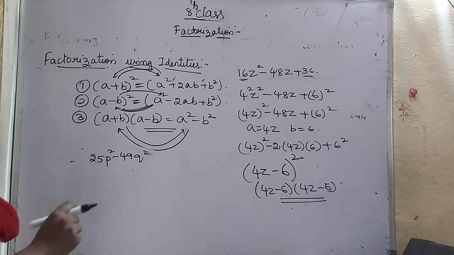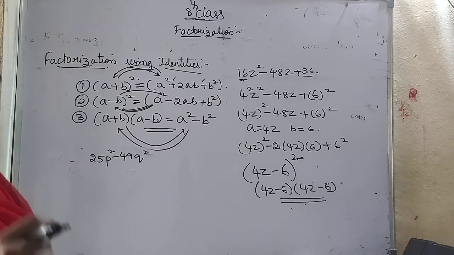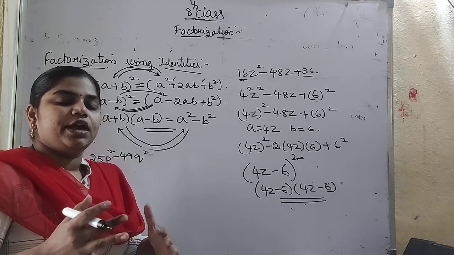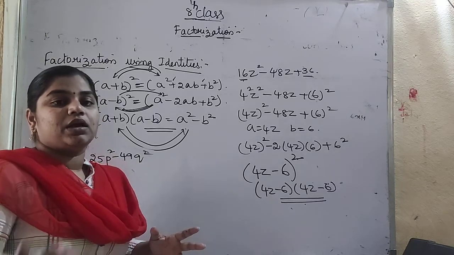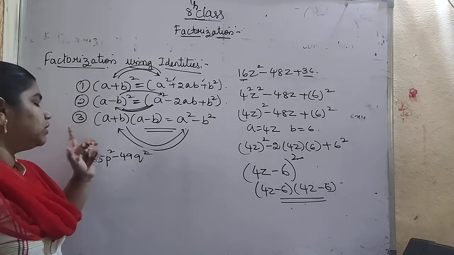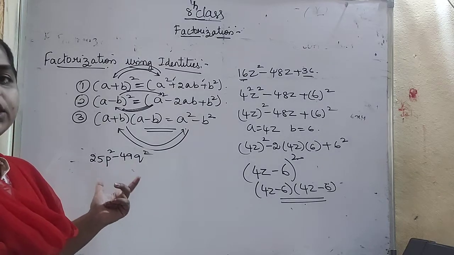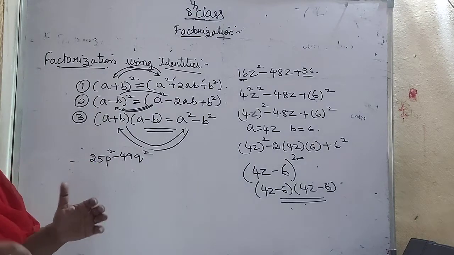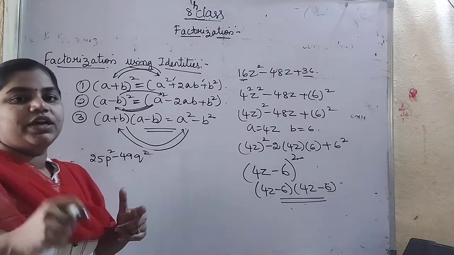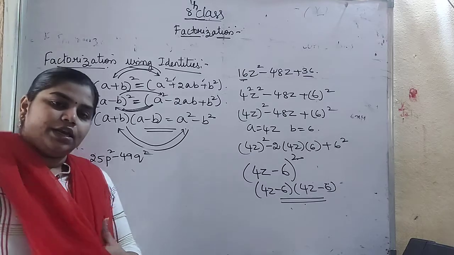Now if you are using the third identity, both the terms will be in the form of squares only. If they are not in the form of squares, you have to check whether, by taking any common term out of the two terms, they will be converted to square terms or not. Always, if you are using the third expression, the two terms will be in the form of square numbers only. If they are not, we have to check whether taking any common factor from the two terms converts them to square terms or not. Problems like this we will see in the next exercise.